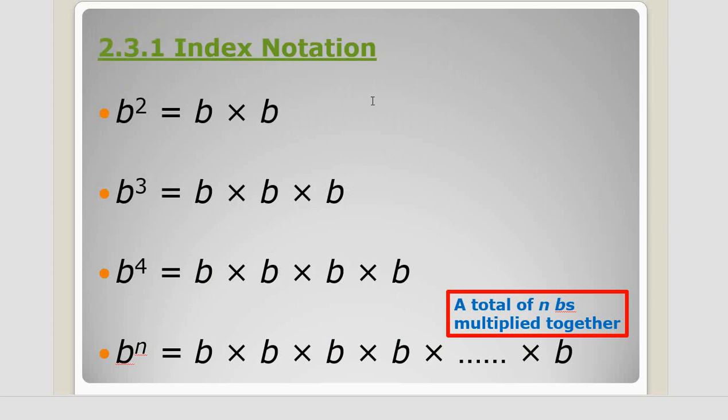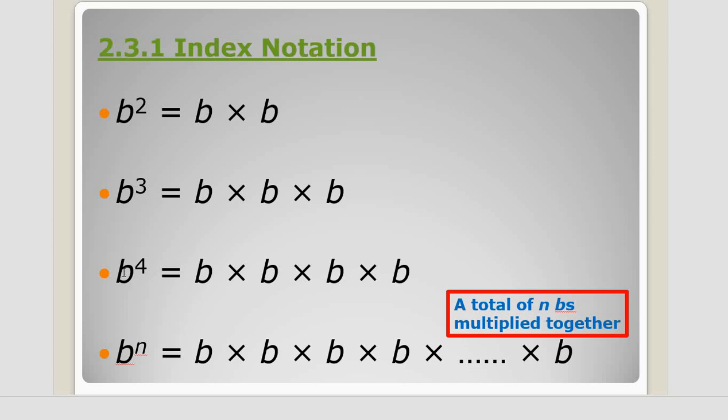Now, what is b power 2? You see a small 2 written here. This is called b power 2 or b square. It means b into b, you multiply 2 times, so you write the power 2 on the top. B power 3 is b into b into b. The power 2 and power 3 have special names, and in your calculator also you have a square button, x square, and in some good calculators you also have a power 3 button, because these two powers come very regularly, so there are special buttons for power 2 and sometimes for power 3.